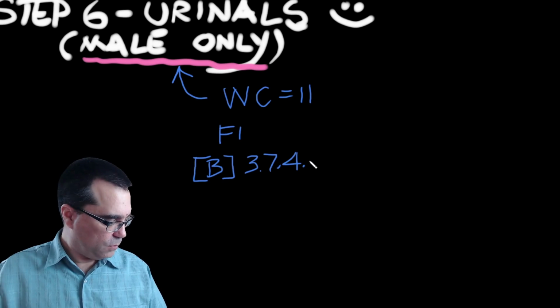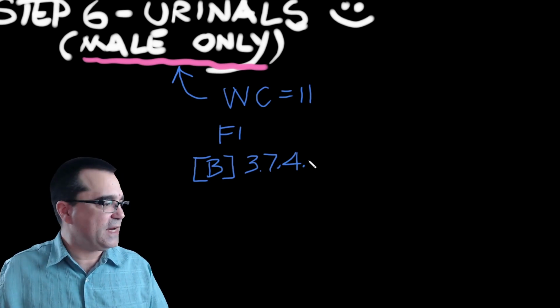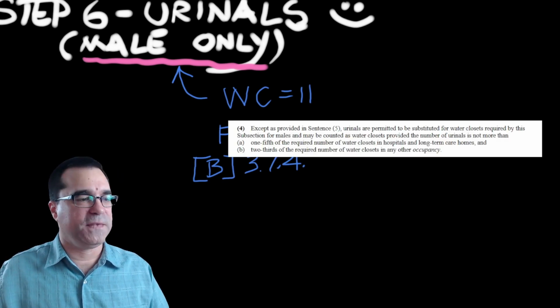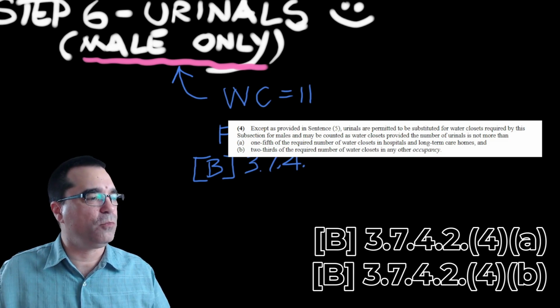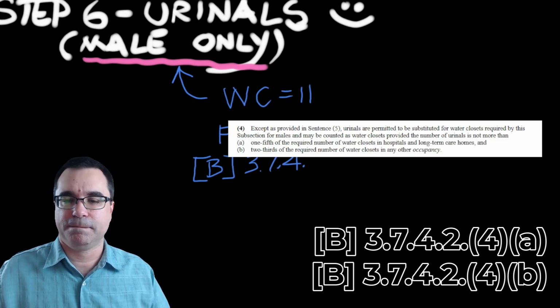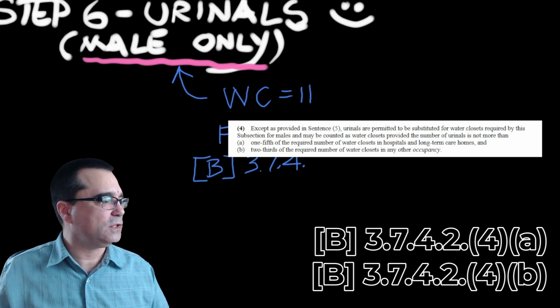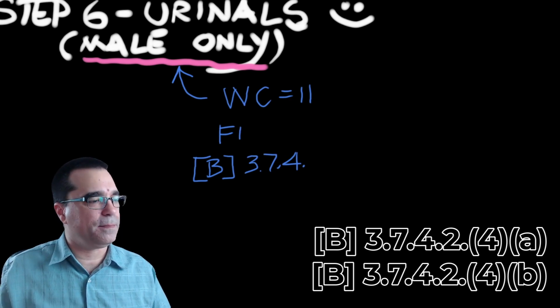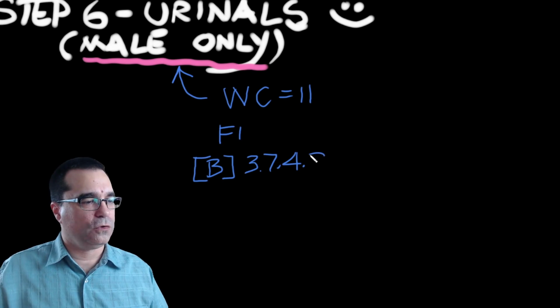3.7.4. What was it? I don't remember. Maybe I can bring it up. There it is, right there. 3.4.24 A and B. Okay? So you can go and check it out. I'm going to make it super visible. I'm going to write it better here. 4.2,